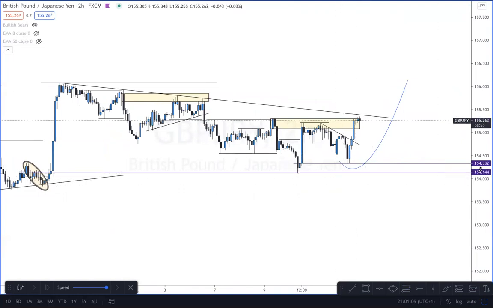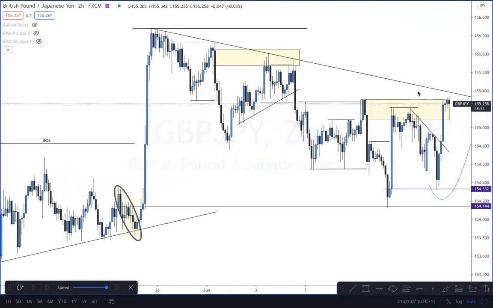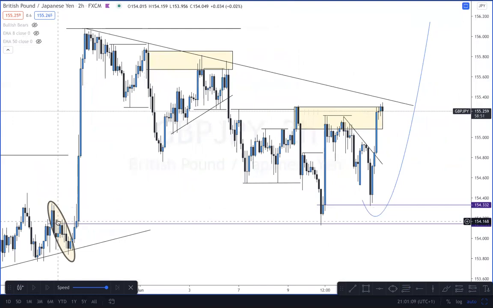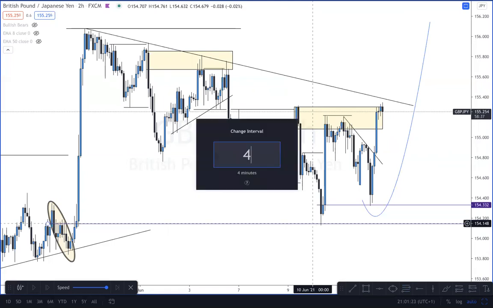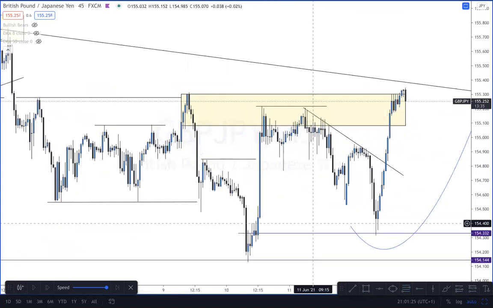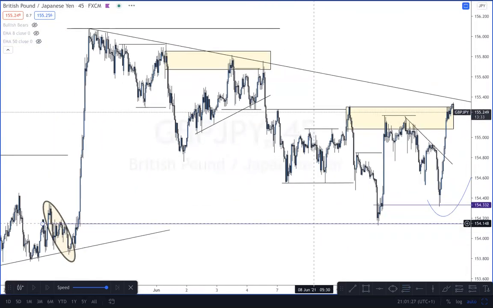Woke up in the morning and once again, you came to see that price has given you a clear intention here. For me to know that the higher time frame will support my smaller time frame entry and the clear break of market structure away from this zone. So you zoom in and you go to the 45 minutes time frame. And on the 45 minutes time frame, prior to taking the trade also, you need to be aware of the fact that